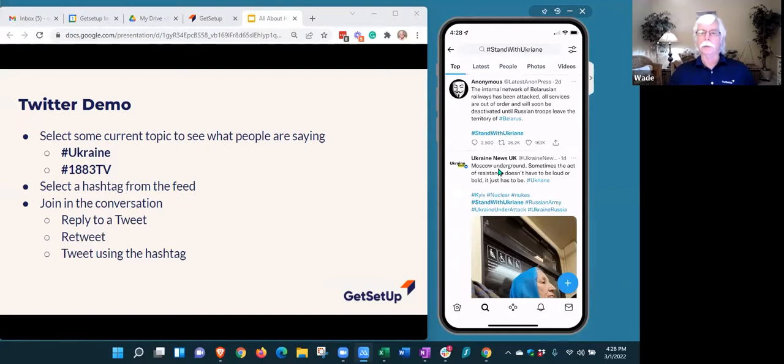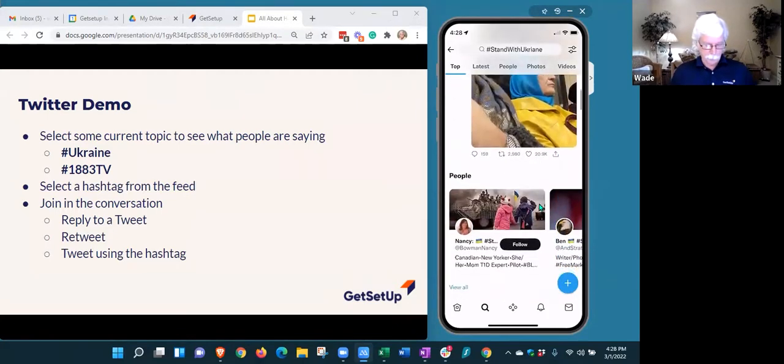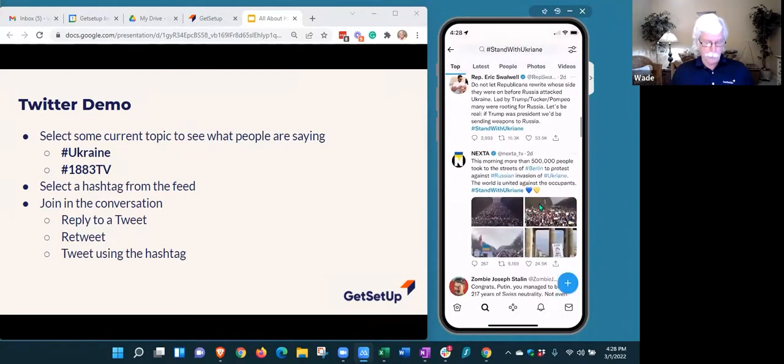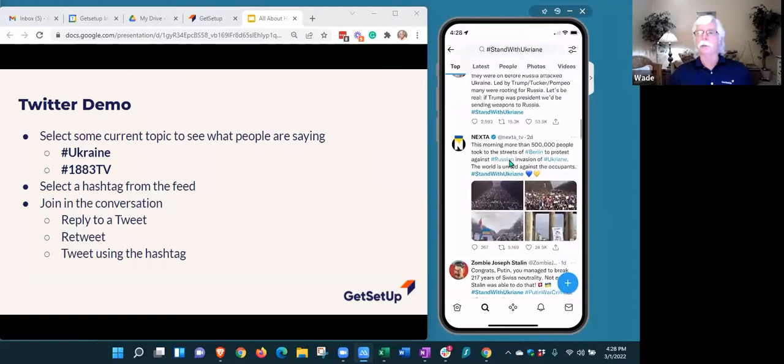Each one of these is going to have some other hashtags, so you can end up hashtag surfing, because you start with one and then it shows you some others, and you say, oh, that's an interesting one. Let me see what's going on with that one. I'll go down through and you'll see here are additional hashtags around this one. But you get the basic idea of how that's working.